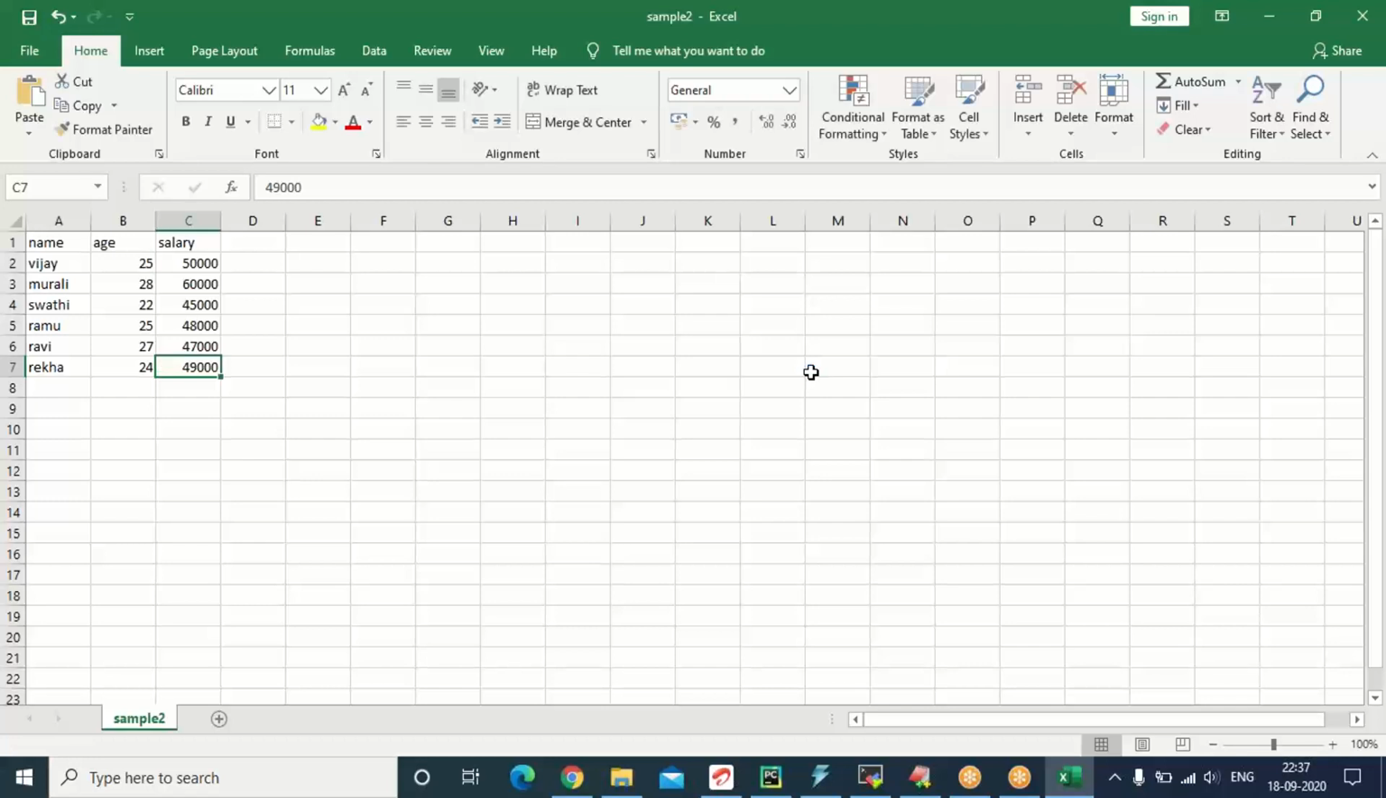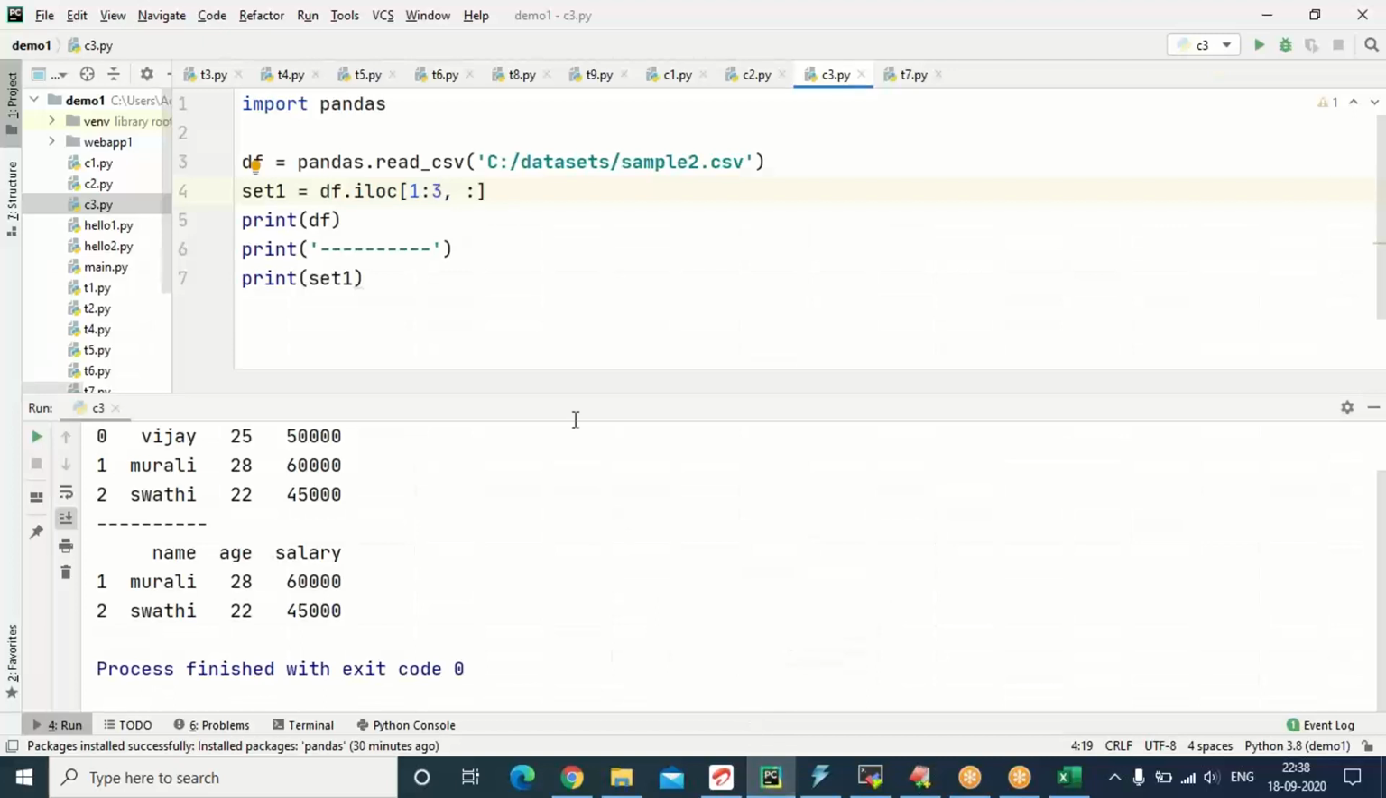I kept 6 data rows. One is a header, 6 data rows. Now check it out inside Python. Come to the Python program. Please observe